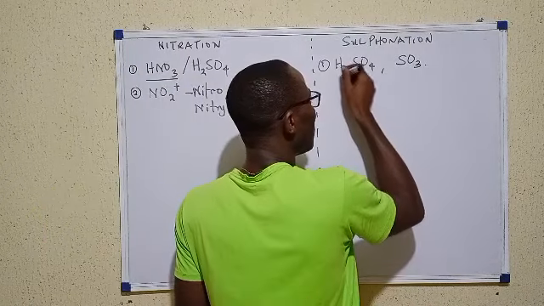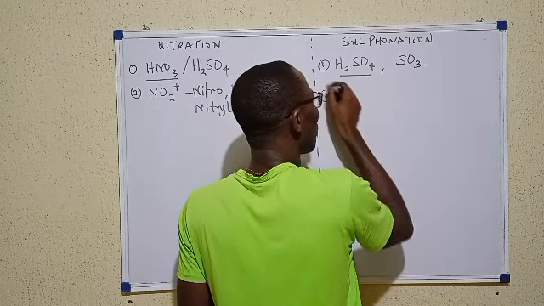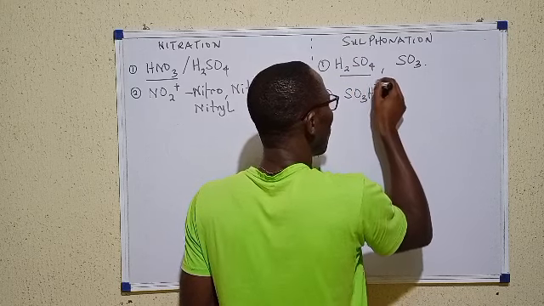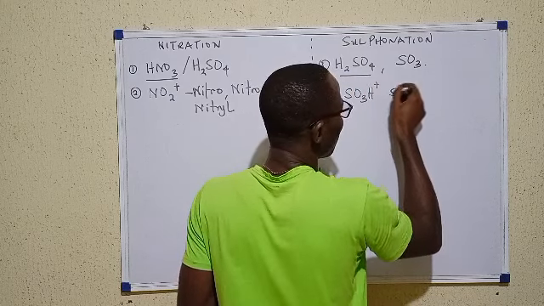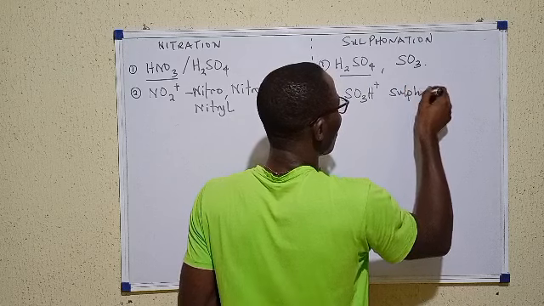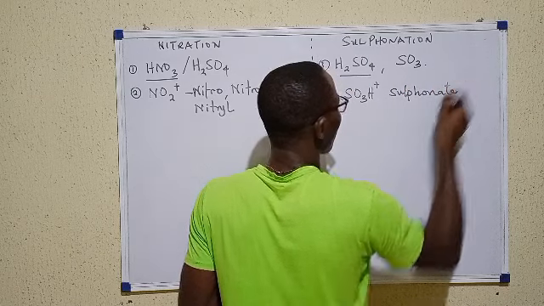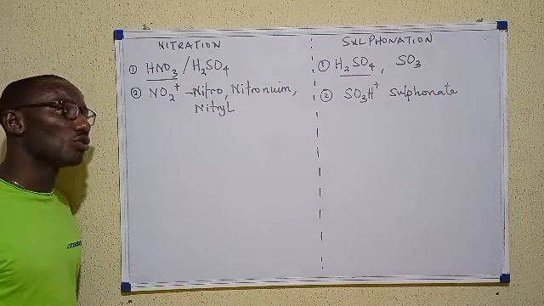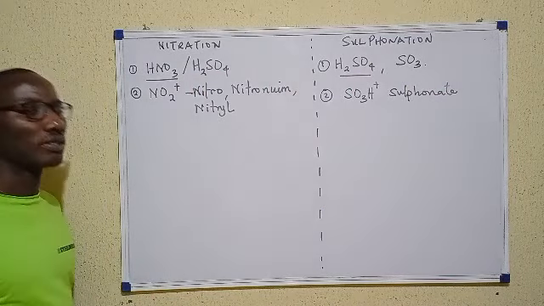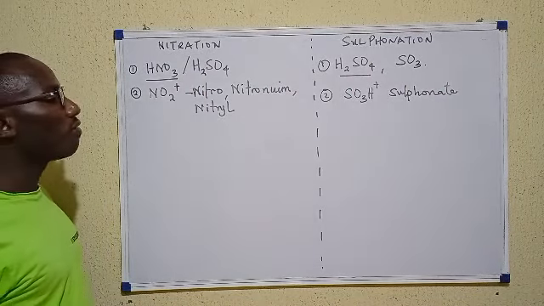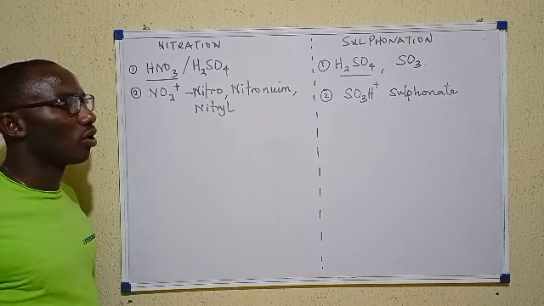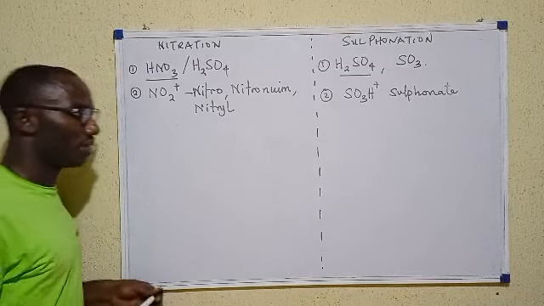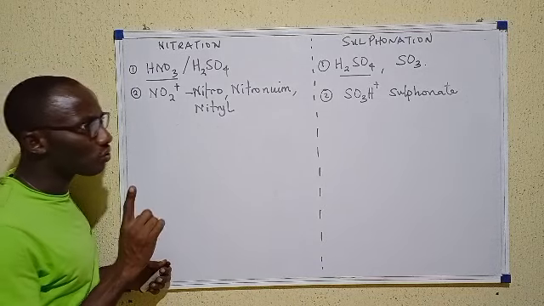Whereas on this side, the essential ingredient out of your H2SO4 is SO3H+. And that SO3H+ is called the sulfonate group. Sulfonate is the name given to SO3H+ as a group. Now, having mentioned that, the next thing we're going to say here is, if hydrogen leaves